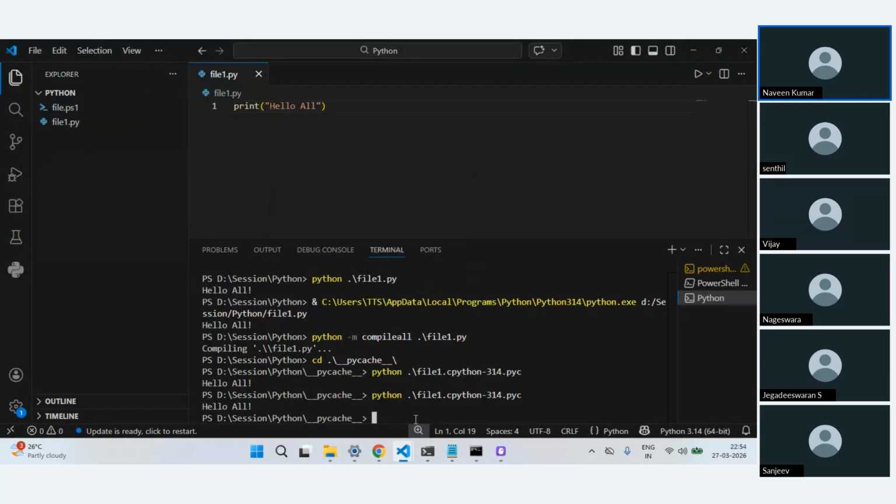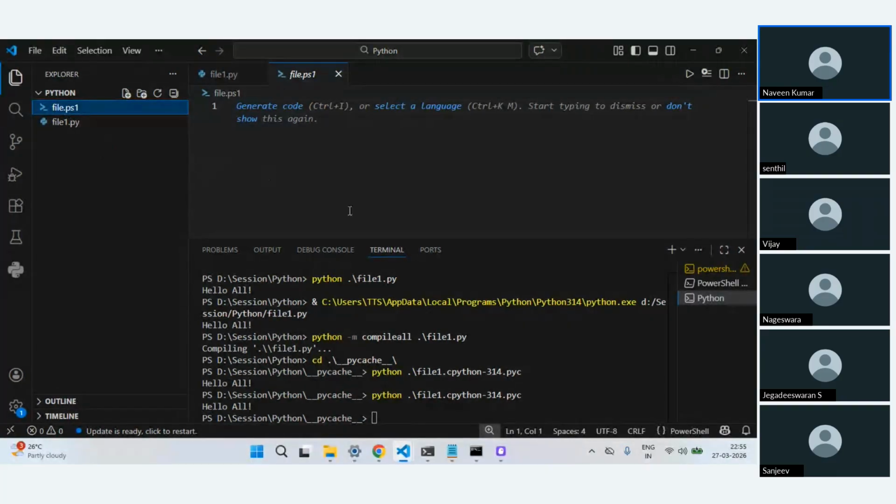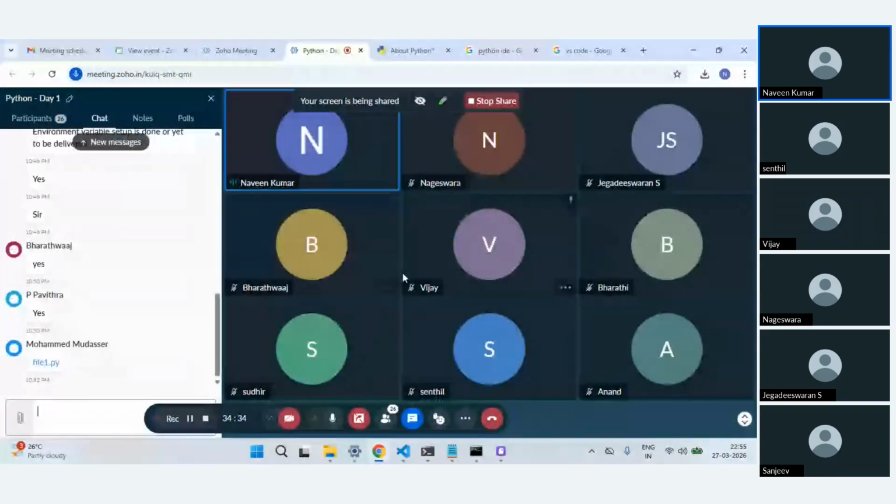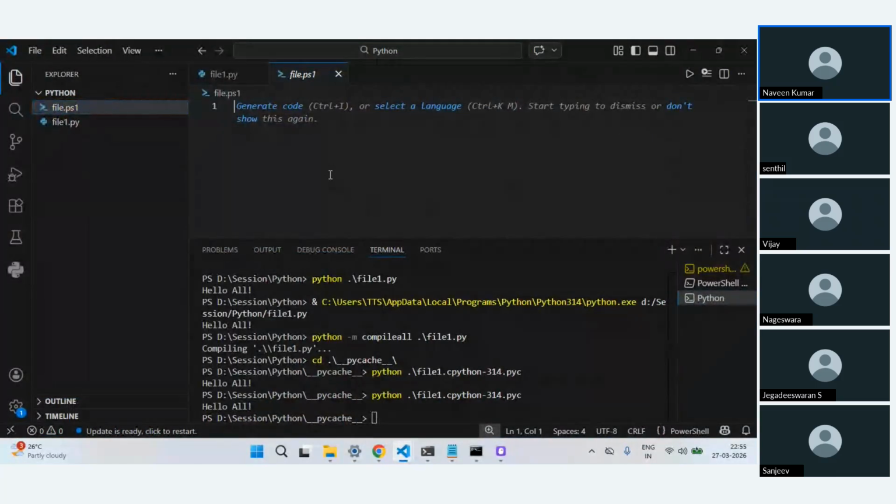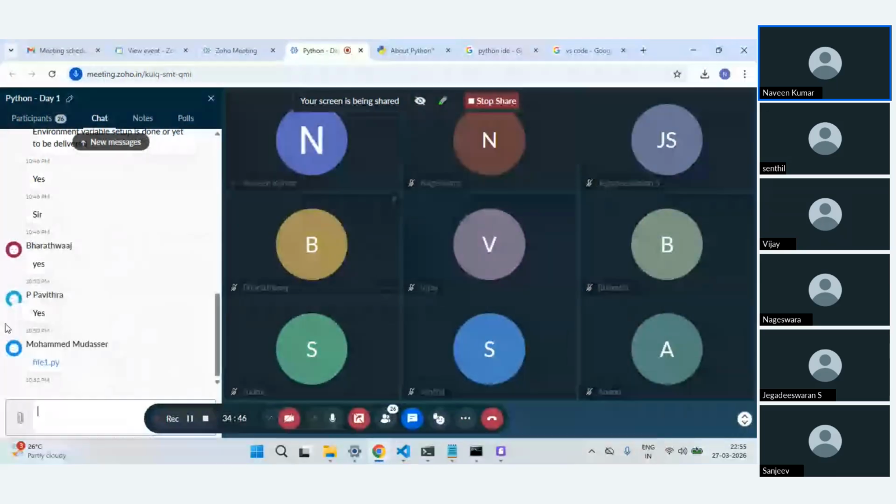I told you I'll compare a few things with PowerShell, right? So if I have to do the similar operation, it is a very simple print command which I did. So anyone wants to tell how I can do the same thing in PowerShell? Yes. Wait. So how many of you are familiar with PowerShell before?